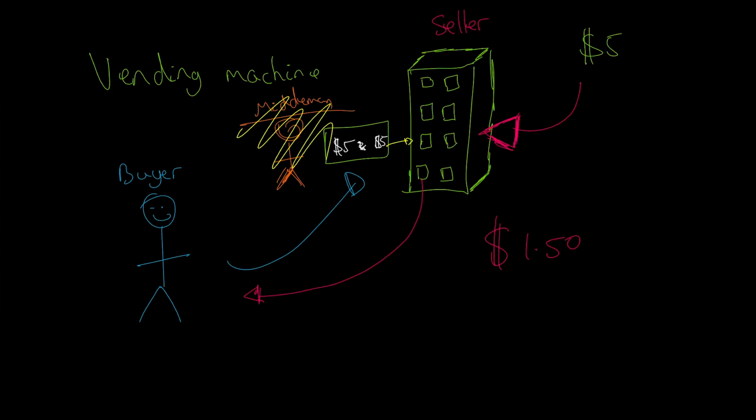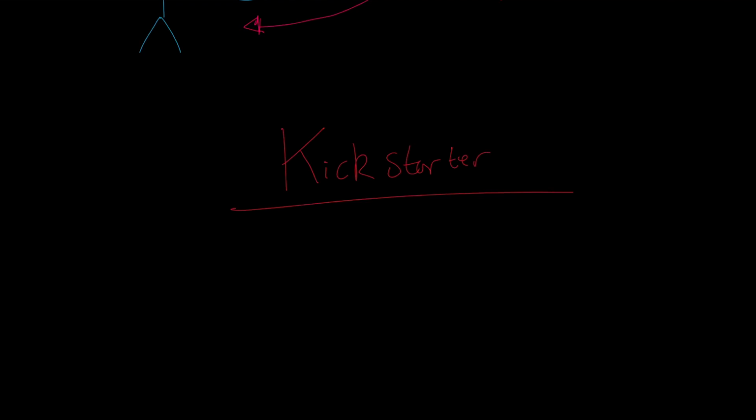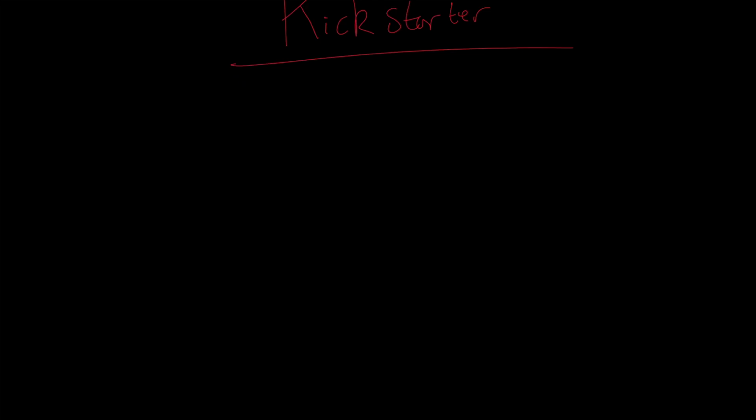So a smart contract like system in the real world has been around for a while and worked very, very well. Let's give you an example of a very popular product that could be implemented on an Ethereum based blockchain platform using smart contracts. It is none other than Kickstarter. So Kickstarter is a crowdfunding platform.